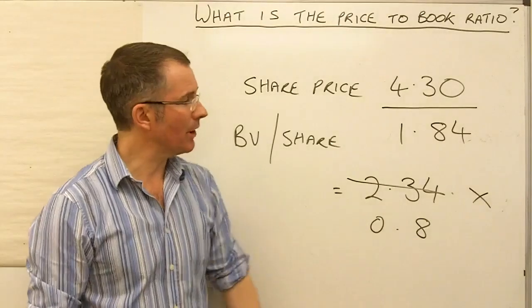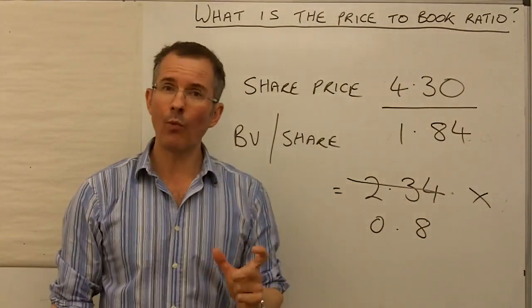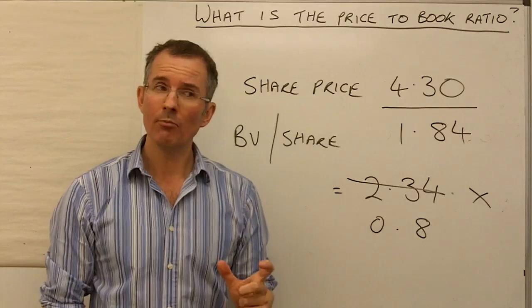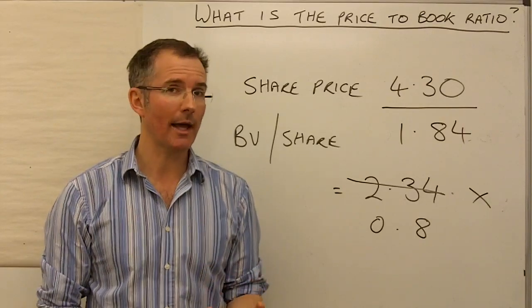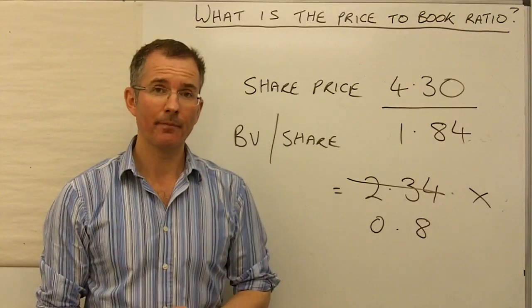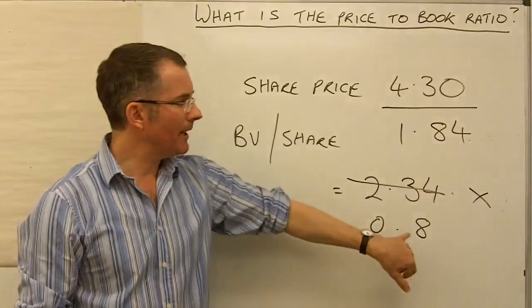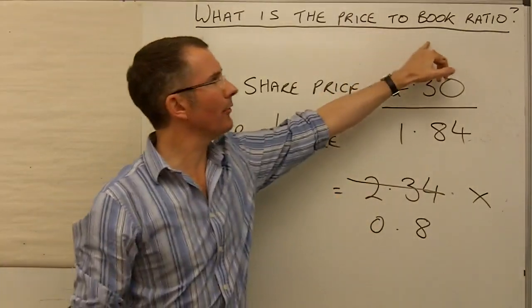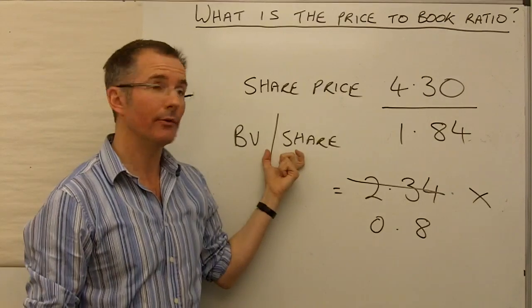So the price to book ratio, there is a rule of thumb on it. Less than 1, good start. More than 1, and certainly more than 2, you need to be a little bit careful. Maybe you are going to pay too much for the shares, or maybe you're using the wrong ratio altogether. So, what do I mean by that? What I mean is, something called the price to book ratio, based on the assets that a company actually owns,